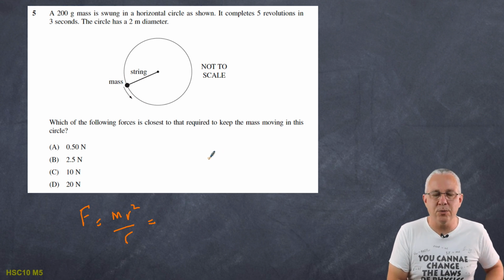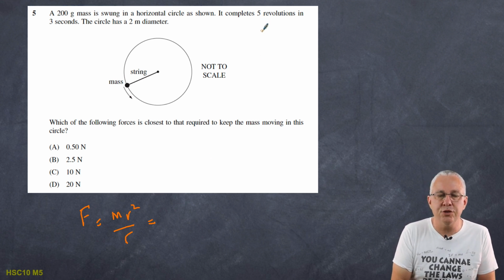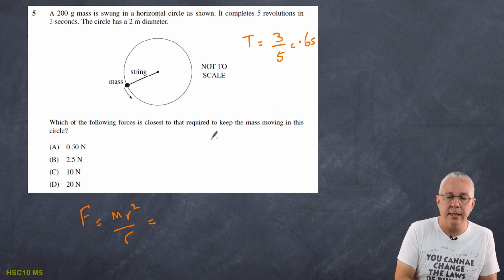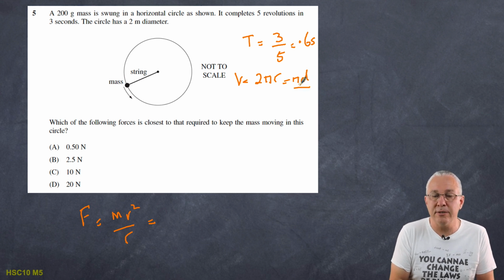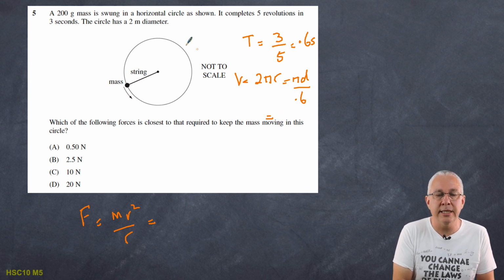Now before we go on, of course, we need to work out the velocity. It completes 5 revolutions in 3 seconds. That in essence means we have the period equaling the 3 seconds divided by the 5. In other words, its period is 0.6 seconds. That allows us to do 5 of them in 3 seconds. The velocity is of course equal to 2 pi r, or in our case pi d, because we're given the diameter, divided by the period, which we know is already 0.6. So now we have a velocity, and that's equal to pi times d. Now the d is 2 meters, so what we have is 2 pi over 0.6, and that gives us